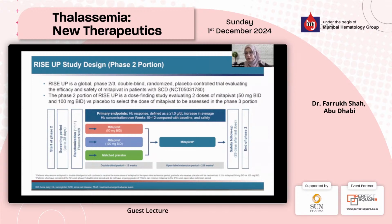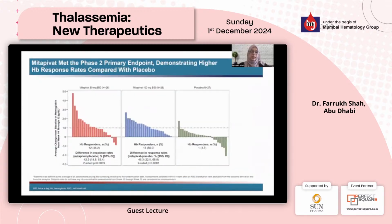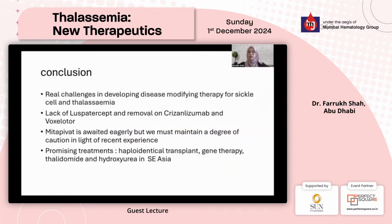The secondary endpoints were a reduction in VOC events, and the data from the Rise Up study shows a significant improvement in patients' hemoglobin levels. As you can see here, in both of the doses, the 50 and the 100 milligrams BID dose, in comparison to placebo. The other key thing is that the VOC events have followed a trend for reduction in patients receiving mitapivat. We obviously need the phase 3 long-term cohort follow-up data to really be sure of where we are with